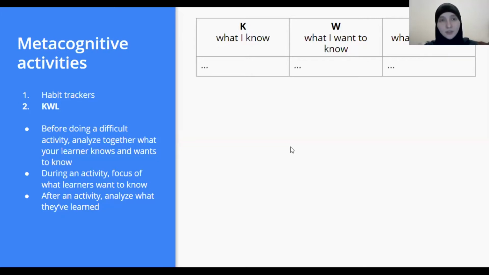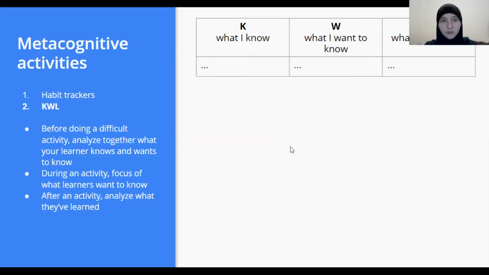Because our students usually come to us with some expectations. They want to know something, and then if we don't make them see what is happening, they may lose any motivation and they may think that they don't progress. I'm sure that you have heard some students say, I don't see my progress. I don't understand why I do this exercise or that exercise. So in order to show them, we can use KWL.